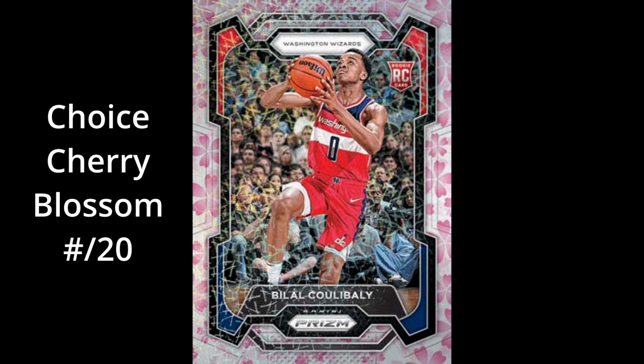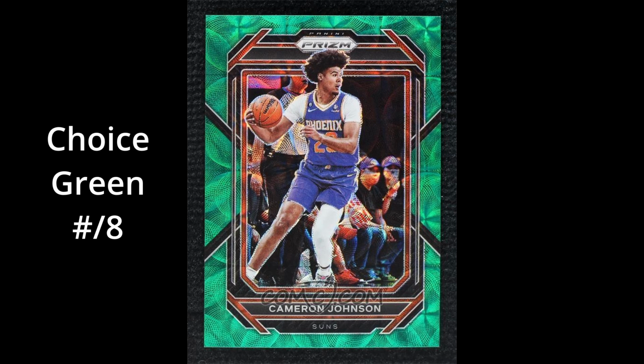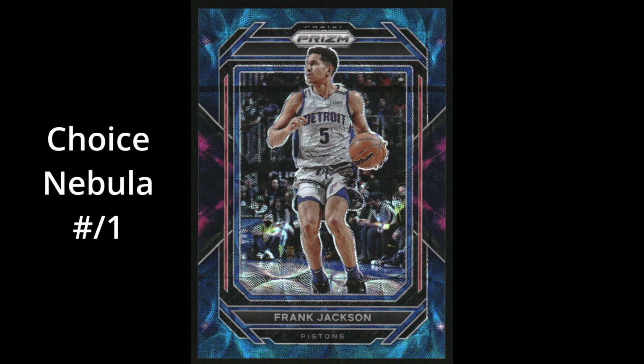out of 20. And again, this is a marketing mock-up. This is what it's supposed to look like. This is the new one, kind of a manufactured chase card. Choice green, numbered out of 8. And this is the choice nebula 1 of 1. This is one of 3 different 1 of 1s among the Prizm base set, so one of them is available